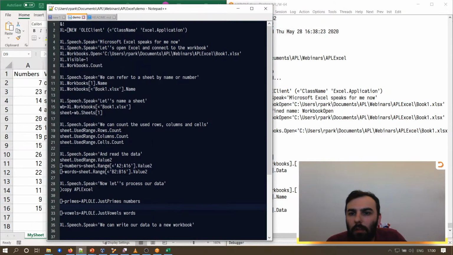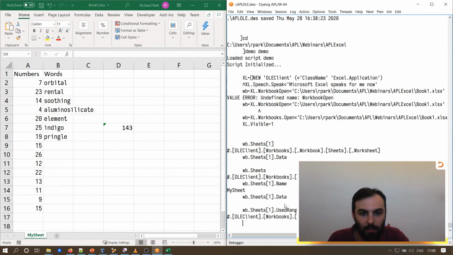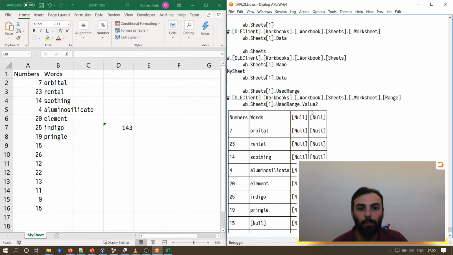Okay. Workbook sheets 1. Oh yeah, okay, sorry, it's the workbook. This is why I had it as a demo before. Used range value 2. Right. So reading the value 2, obviously not, right? Because that's just the value that's in there. But presumably,